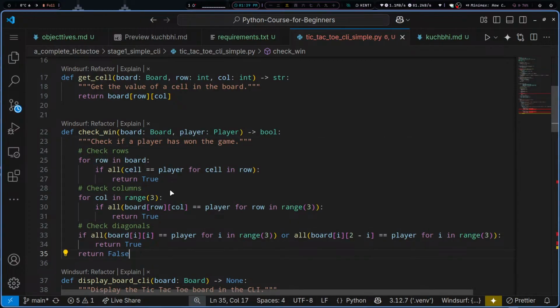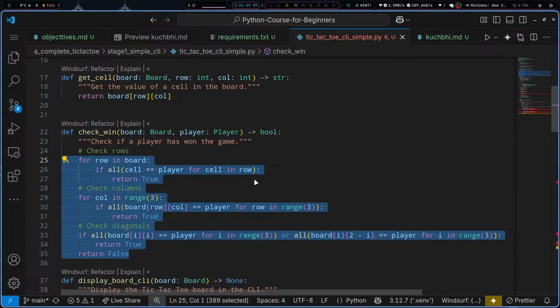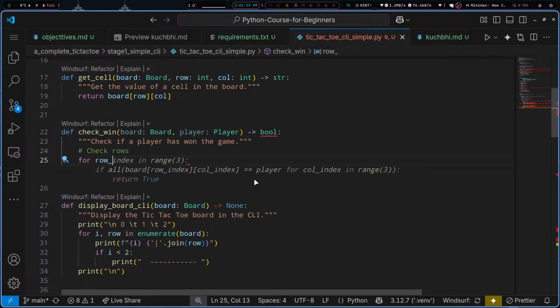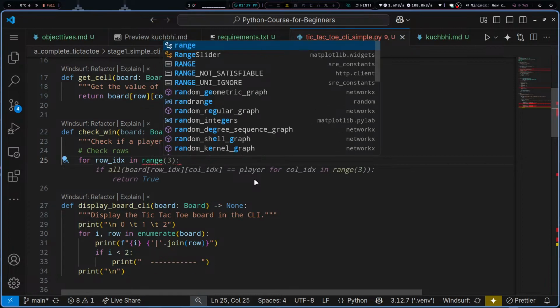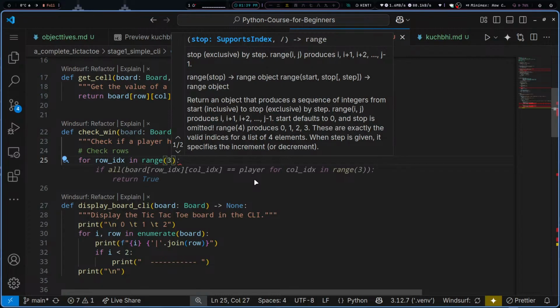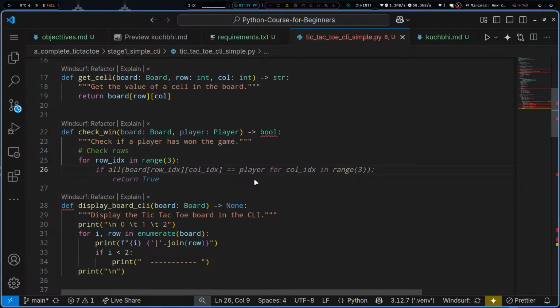And am I going to follow this or not? That's the question. I am not going to follow this, I'm going to make my own. So let's say for the row IDs in the range. What is the range? It is 0, 1 and 2. So it should be range 3, which is correct here as it has suggested. Now I need to check basically,